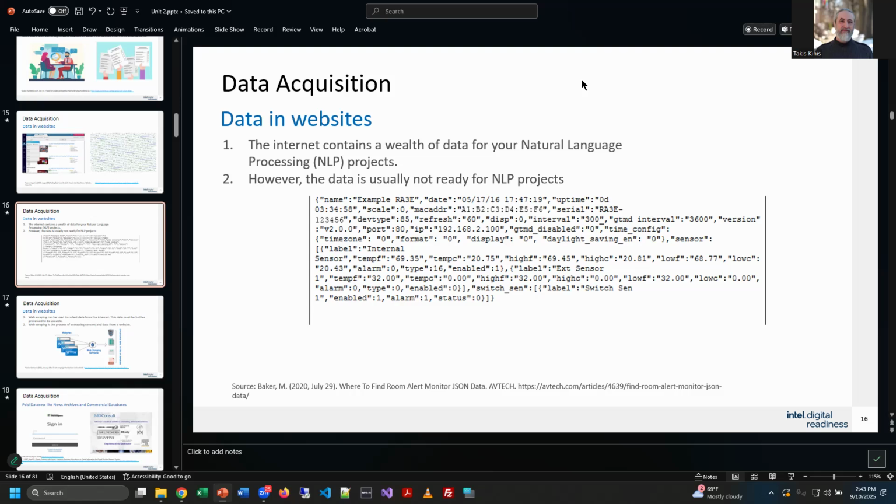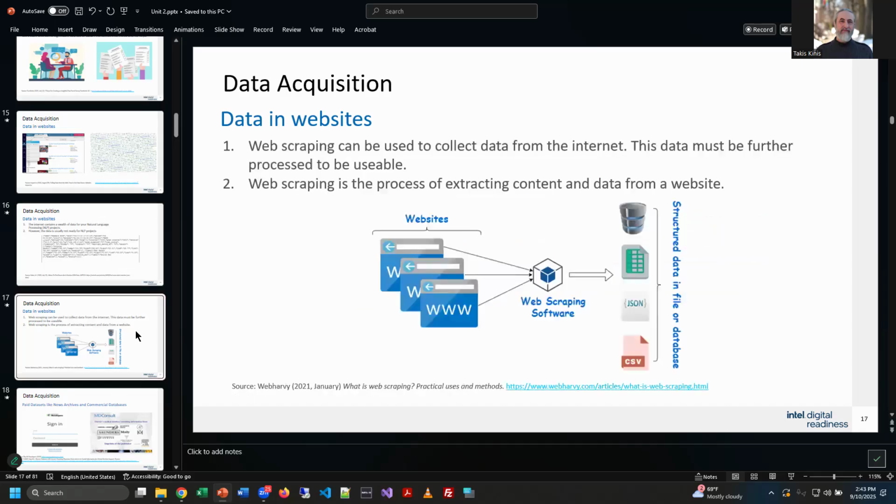But just because it's on a website doesn't mean that you can just copy paste it, right? Well, kind of, you sort of can. When you are working with websites, there is a process you can use to extract the information. We just saw that there's code behind the page that contains the structure of the web page, but also contains the information.